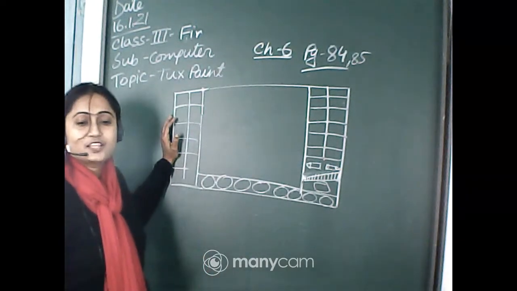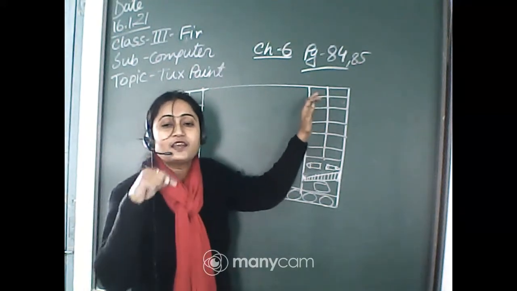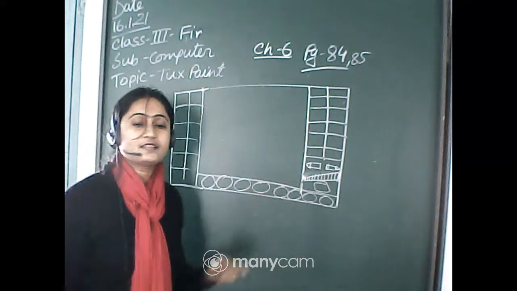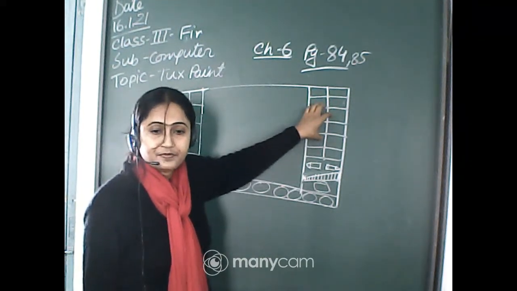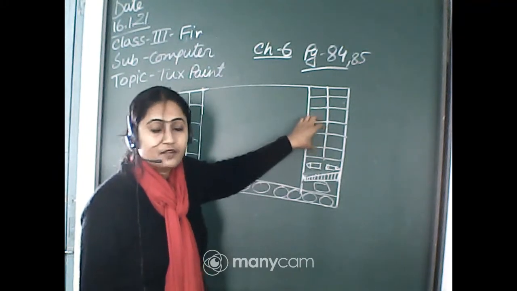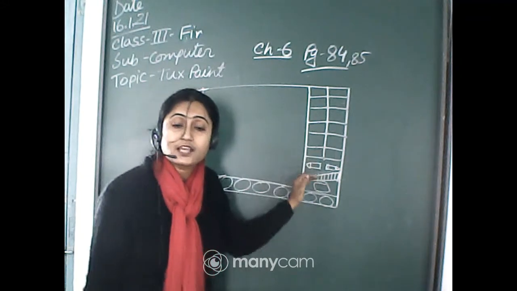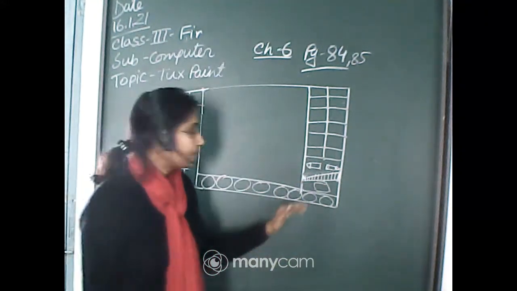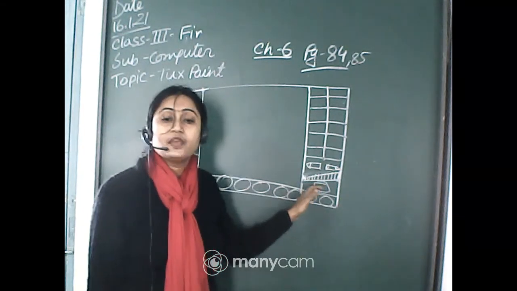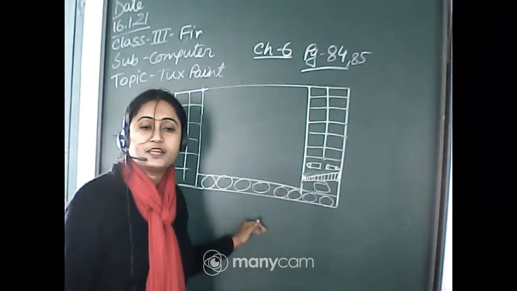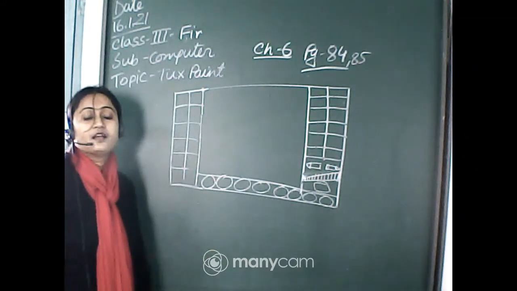First you select the text tool. When you select the text tool, on the right side different styles of letters appear. You just choose your desired style from the right side selector. And you can choose the size of the letter also, from the slope bar, and you can choose the color of the letter from the color palette.